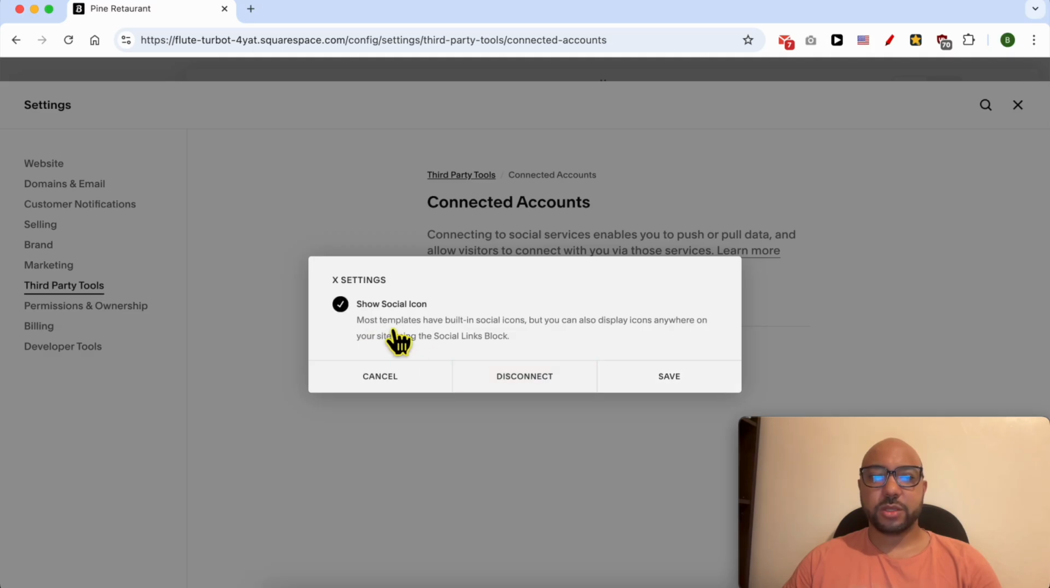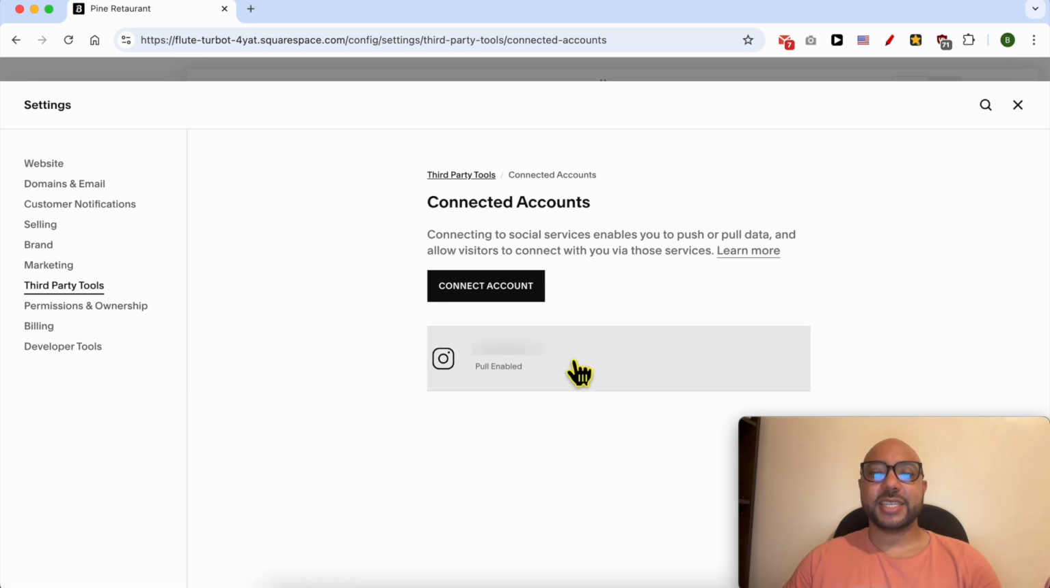As you can see, most templates have built-in social icons, but you can also display icons anywhere on your site using the social links block. Click on save. And this is my Instagram profile that I linked with my